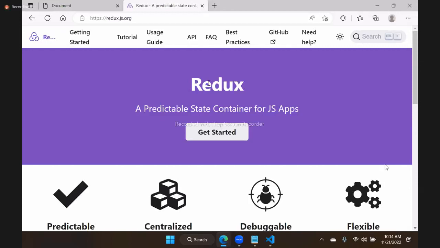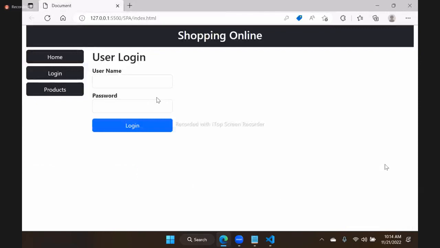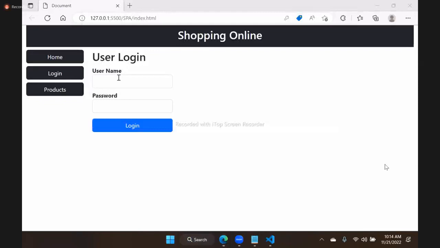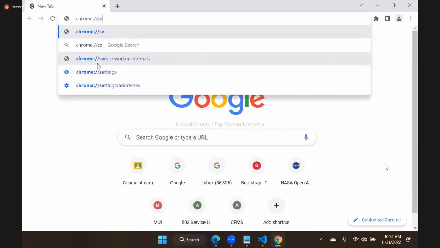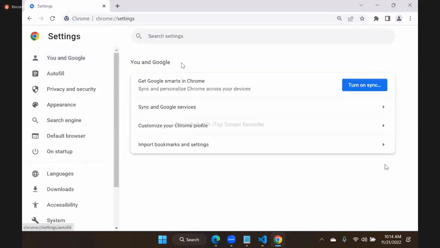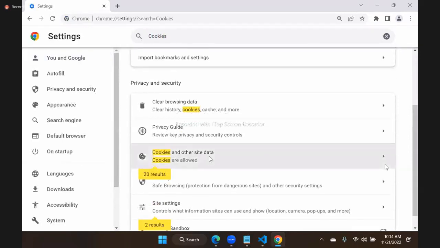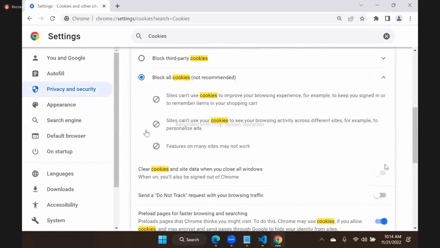So remember, if there are no cookies, there is no login, right? For example, I will show you in Chrome. I already showed you, na? We learned how to verify whether cookies are enabled or not. So this is Chrome settings. In Chrome settings, we have cookies. I will go to cookie settings. You see, this is cookie settings. I am blocking all cookies. I blocked all cookies. Then I will open